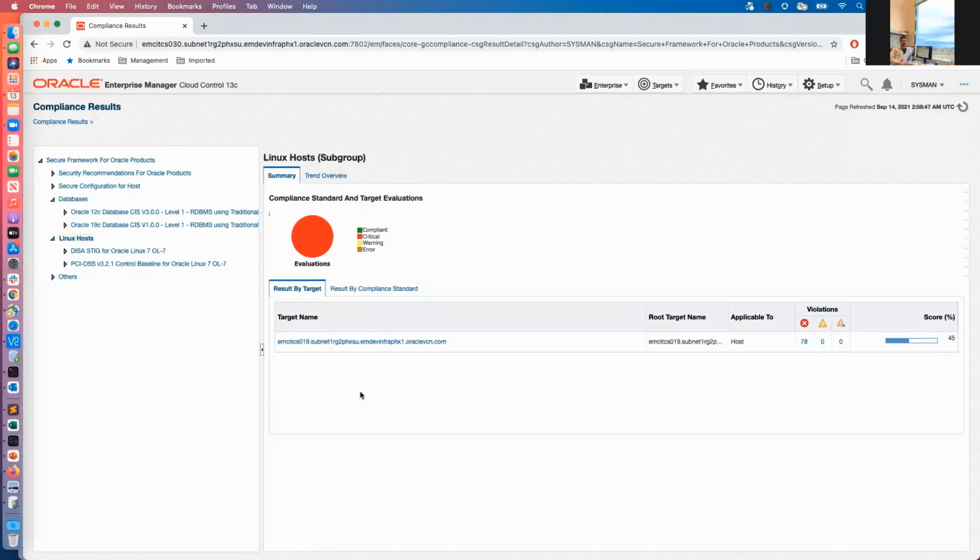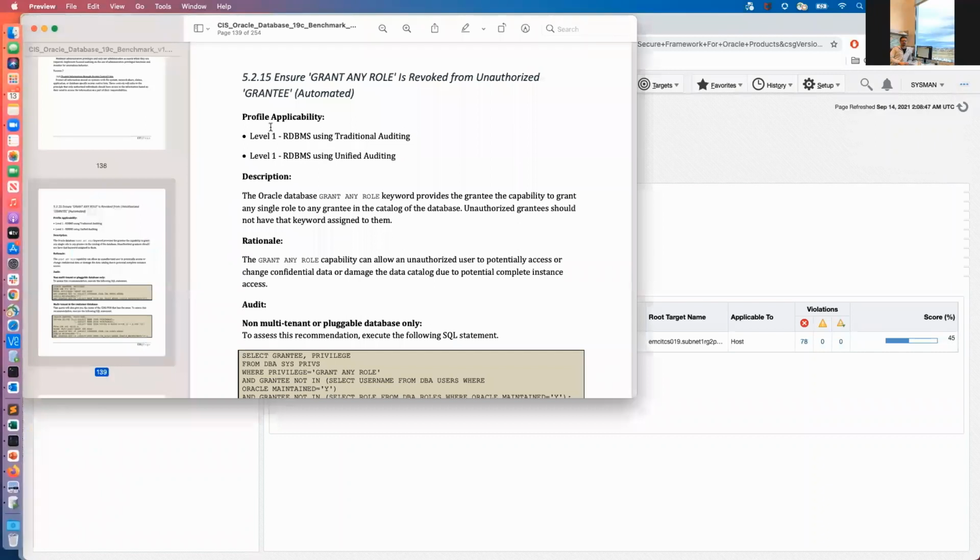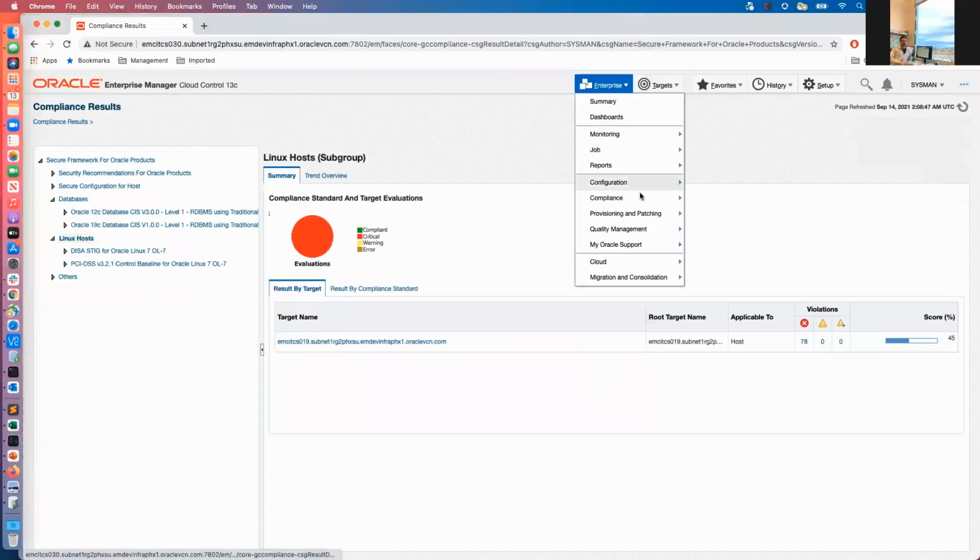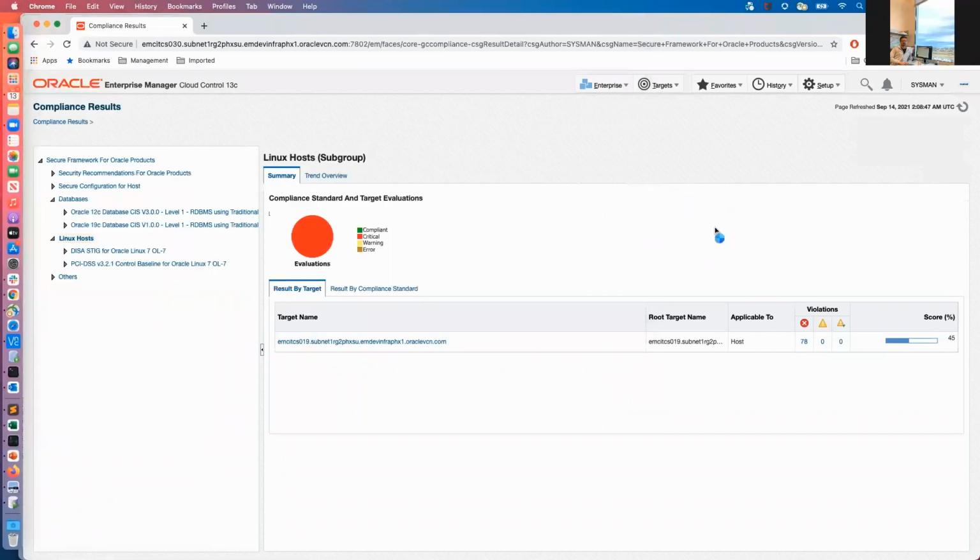So let's take a look at one of the rules, which is highly security sensitive and important from the point of view of avoiding data breach. So this is the original CIS benchmark documentation as they have published it. And we are looking at rule 5.2.15 from the CIS benchmark. It's called ensure grant any role is revoked from unauthorized grantee. So we will go back and take a look at how the rule looks inside the